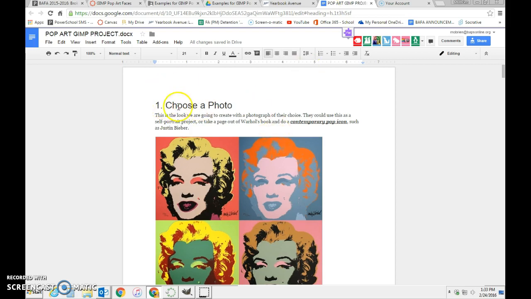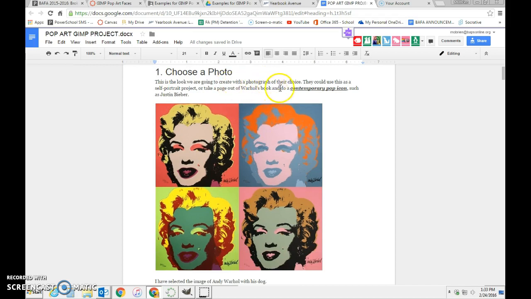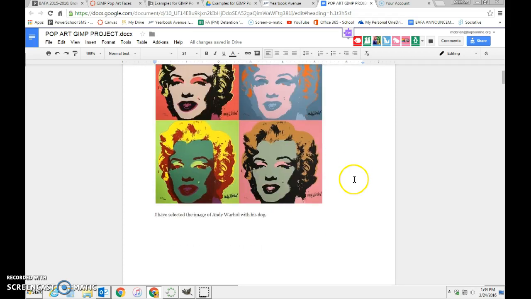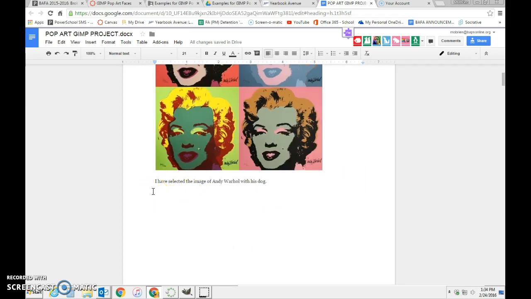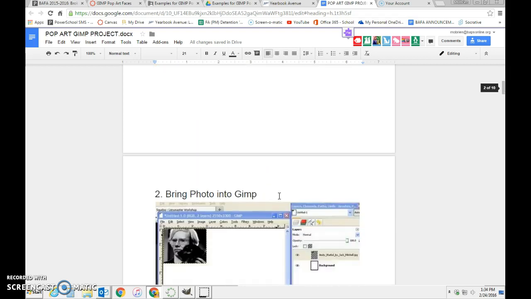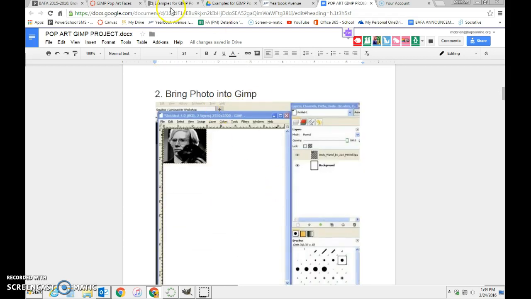So first we're going to choose a photo. This is the look we're going to create with a photograph of your choice. You could use this as a self-portrait project or take a page out of Warhol's book and do a contemporary pop icon such as Justin Bieber. So this is what we're going to create. For the purposes of the assignment, the person who created the assignment selected the image of Andy Warhol with his dog. So first we need a picture,